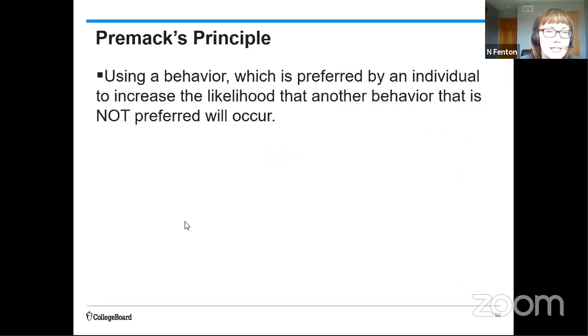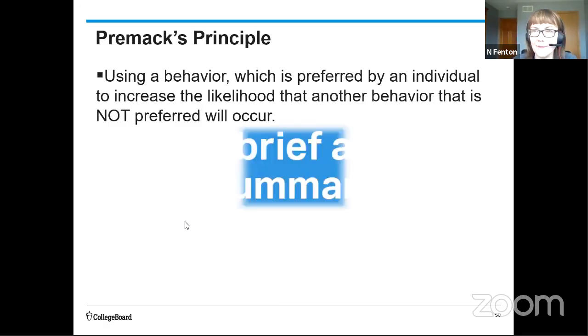Premack's principle, this is just an additional term. It's an idea of using a preferred behavior to increase a less preferred behavior. So if you want your children to eat vegetables, that's the desired behavior, you make a rule that vegetables have to be consumed before they can play video games, which is their preferred behavior. If you don't like studying as much as you like listening to music, you could say, I'm going to study for 20 minutes and then I'm going to watch a John Legend video. Then I'm going to study for 20 minutes and watch another music video. So you reward your less desired behavior with the desired behavior.